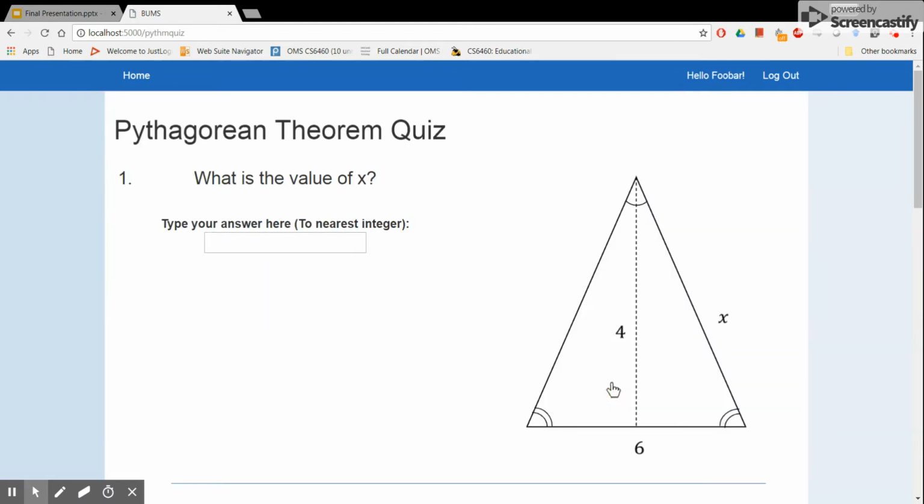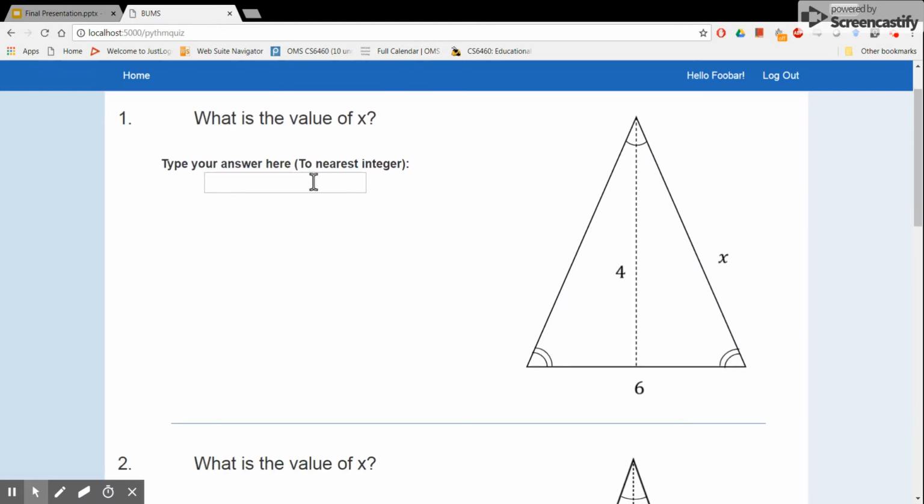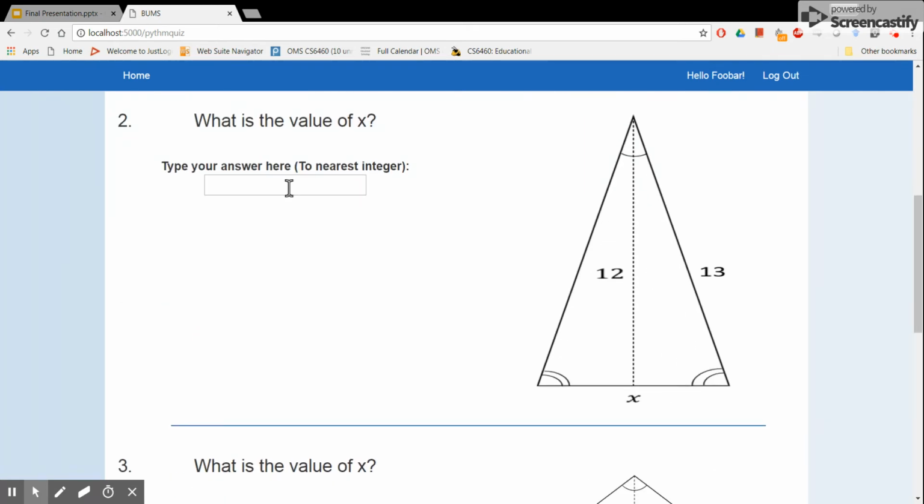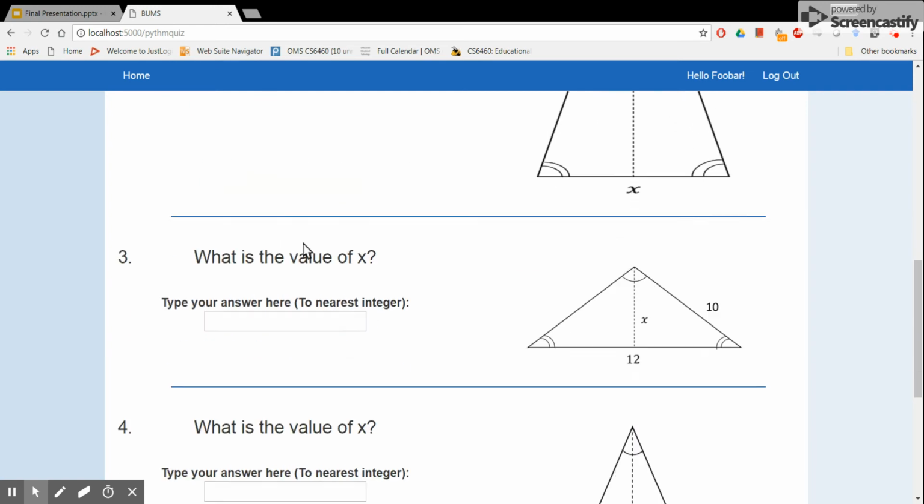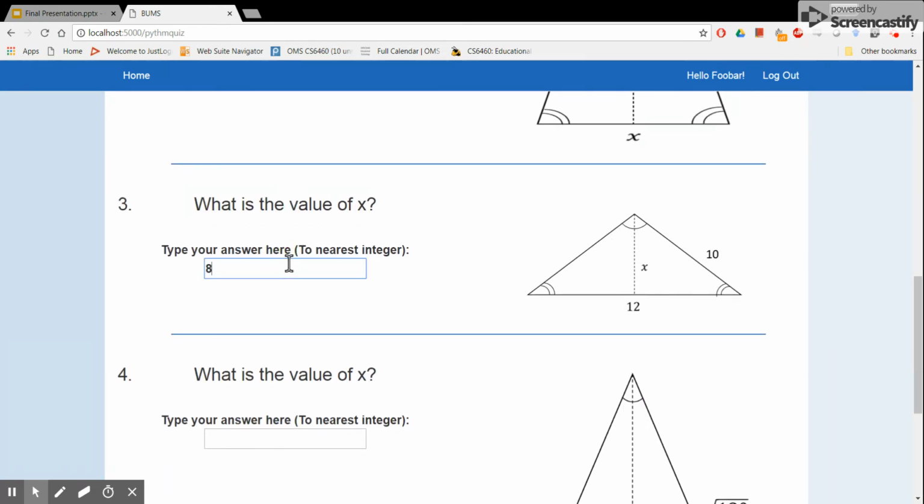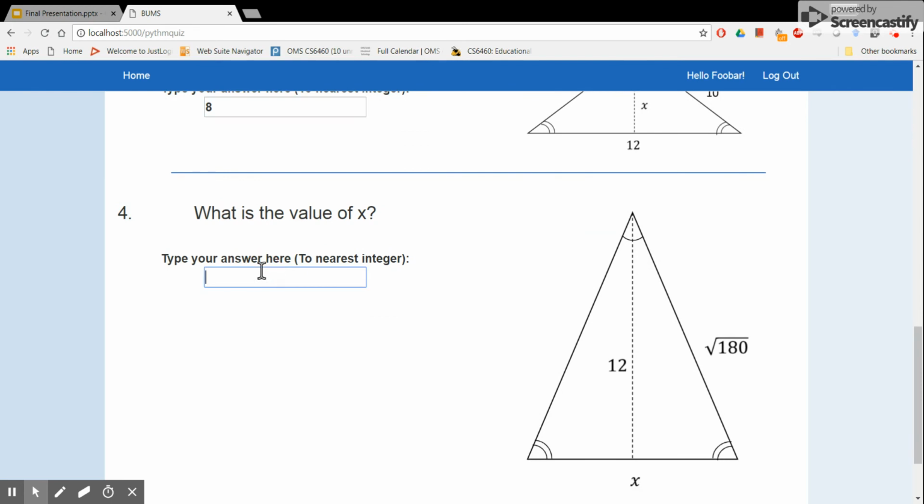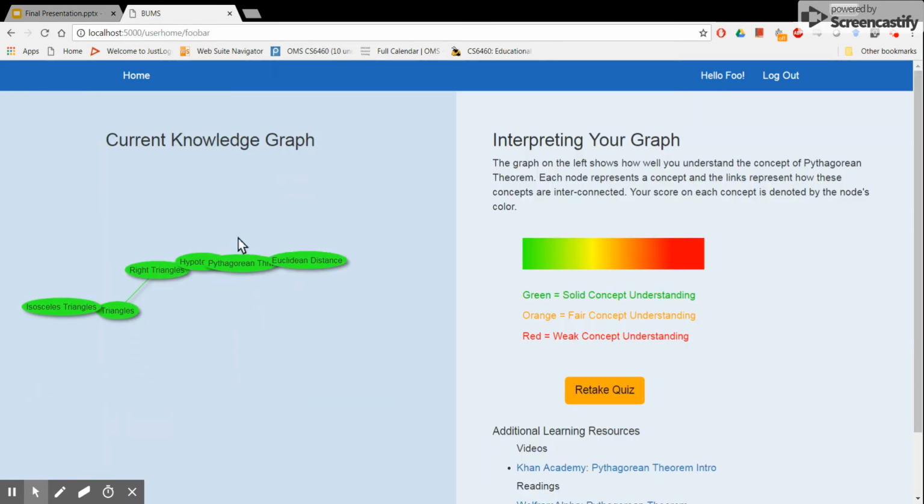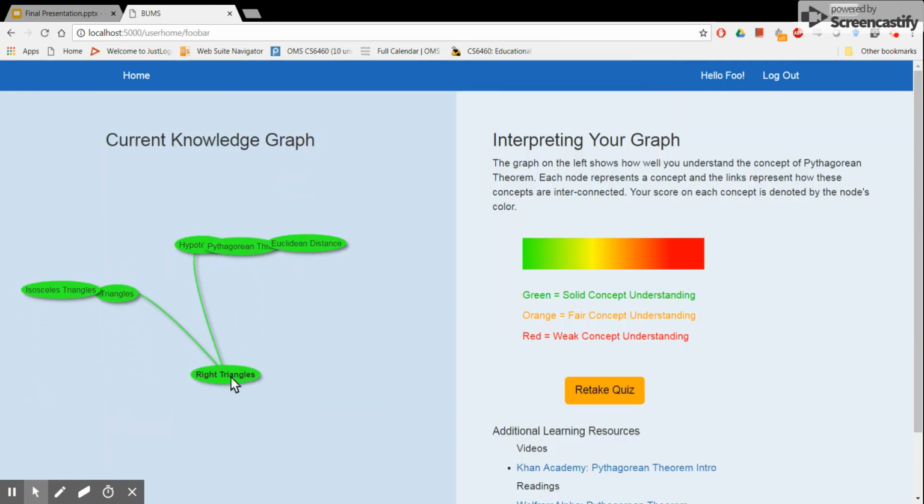Now I'm going to retake the test and get the isosceles triangles questions right. So the reason these relate to Pythagorean theorem is you can divide an isosceles triangle into 2 right-angled triangles, which can help you solve for it. And so now I've got all of these right, and I have fully mastered all of the concepts in my knowledge space. So that is a tour of our